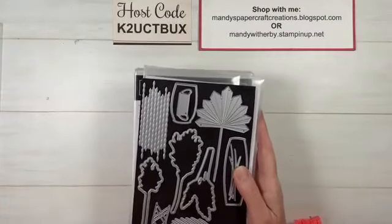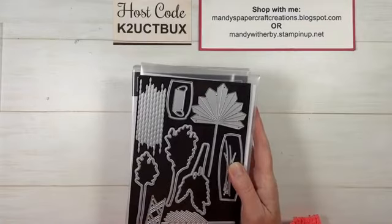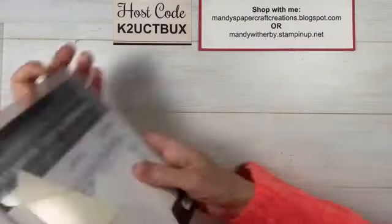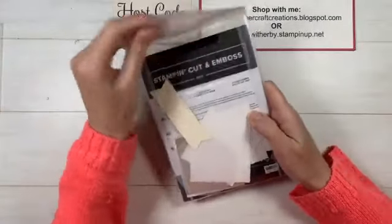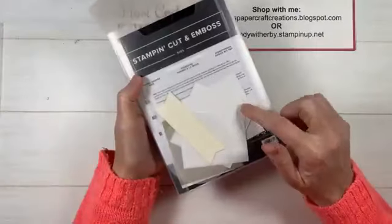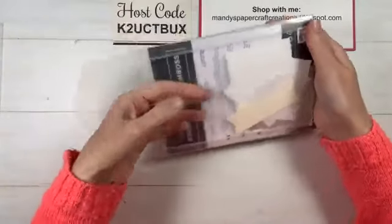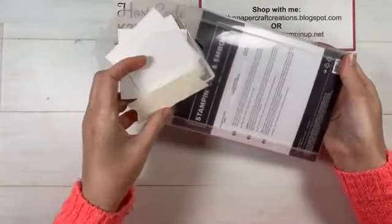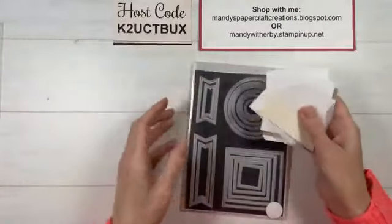We are incorporating an additional die set today. I'm going to be adding in the Stylish Shapes dies. You can see all my extra pieces in here. In fact, you know what? I wonder if we might be able to use one of those, because today...